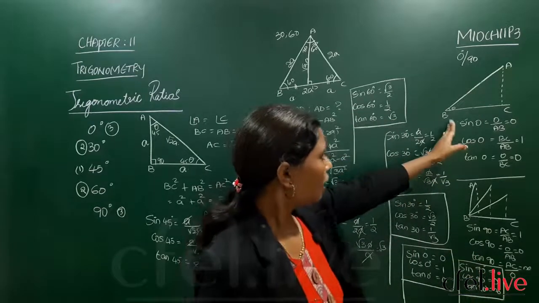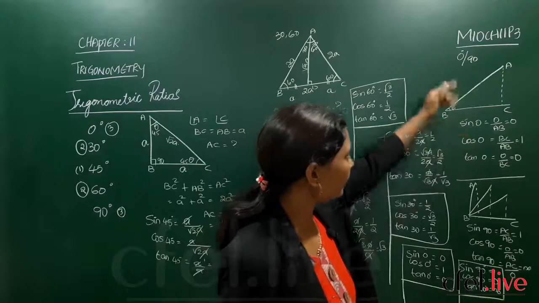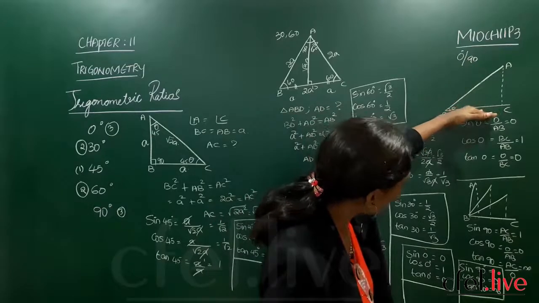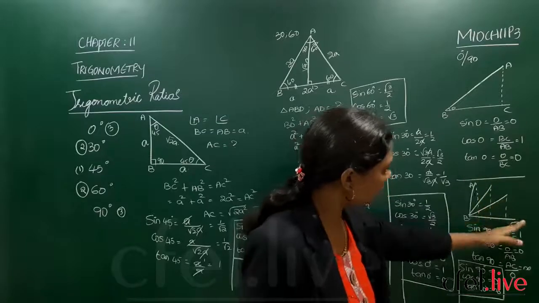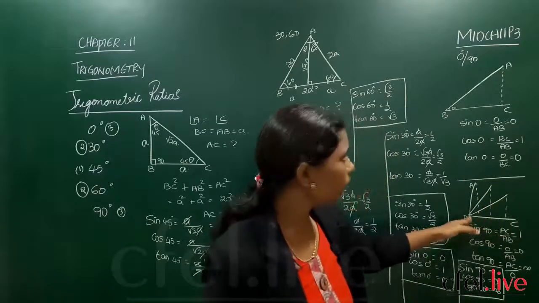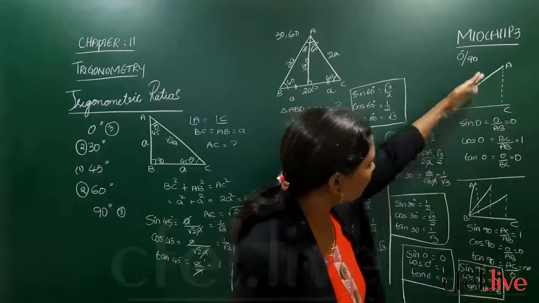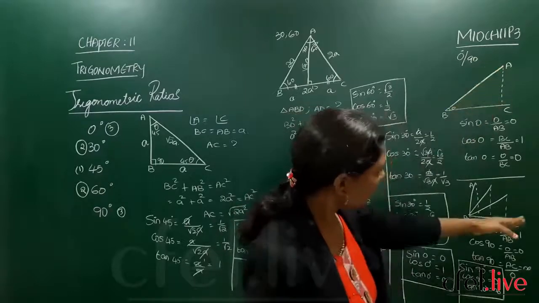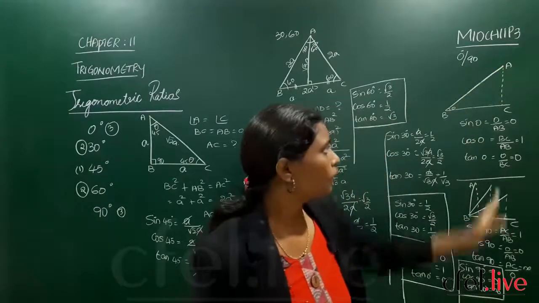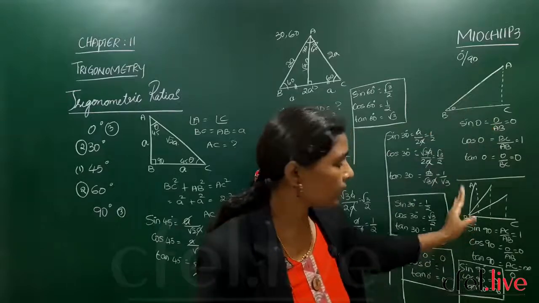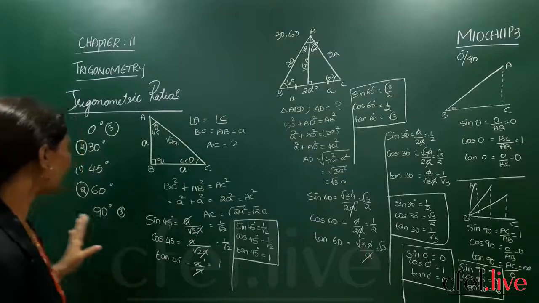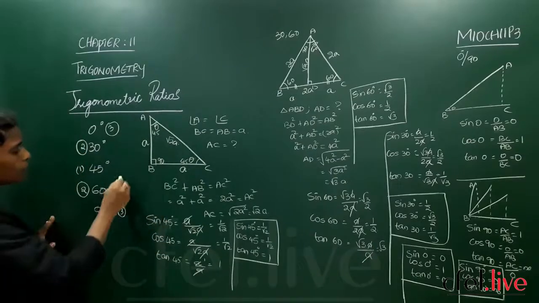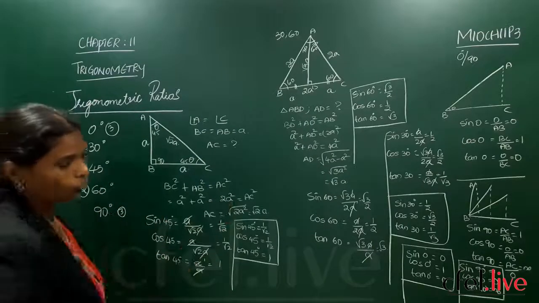Understood? Here sin 0 means we are making this angle 0, which means AB is falling on BC. Here this line is coming exactly up, which means the BC line is decreasing. Here AC will be decreasing. Here BC will be decreasing. Here opposite will go on, and here adjacent will go on. So clear, children? All the angles 0, 30, 45, 60, 90, everything is on the board.